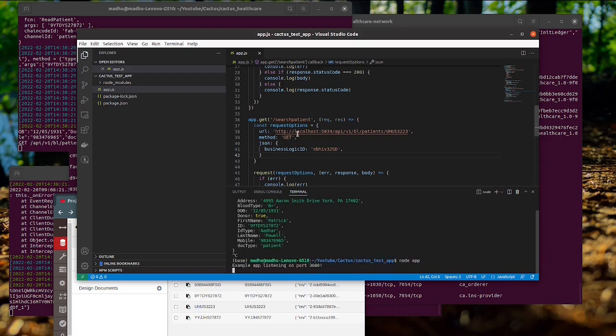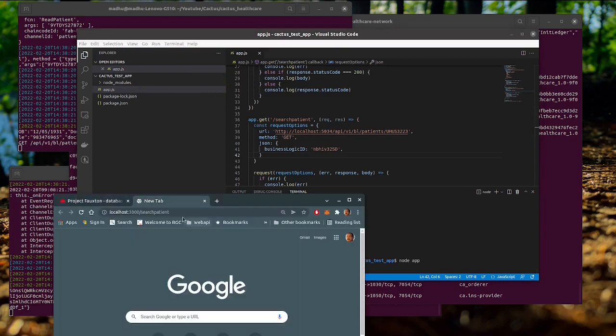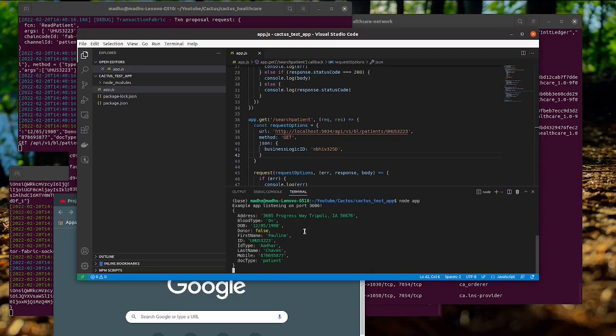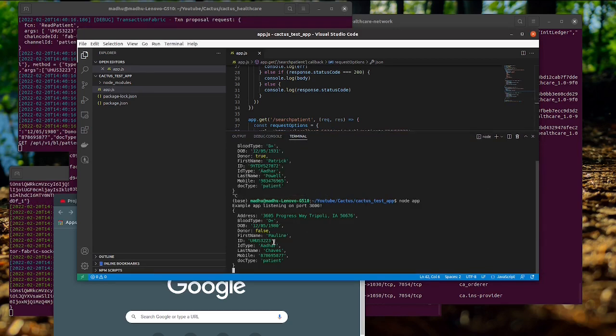Restarting my server, and when I send this request, calling this search patient, you will get the record corresponding to that patient ID.